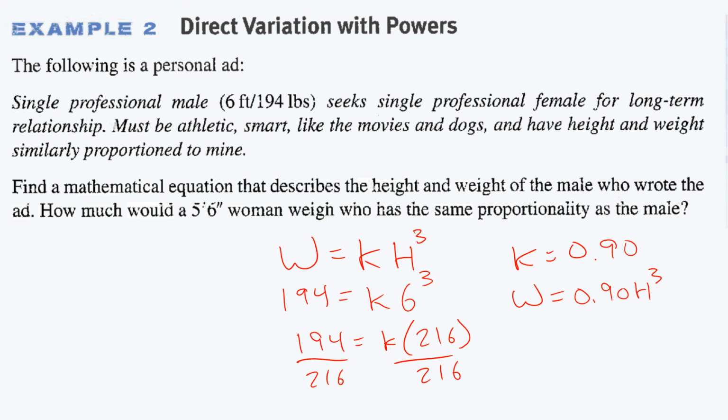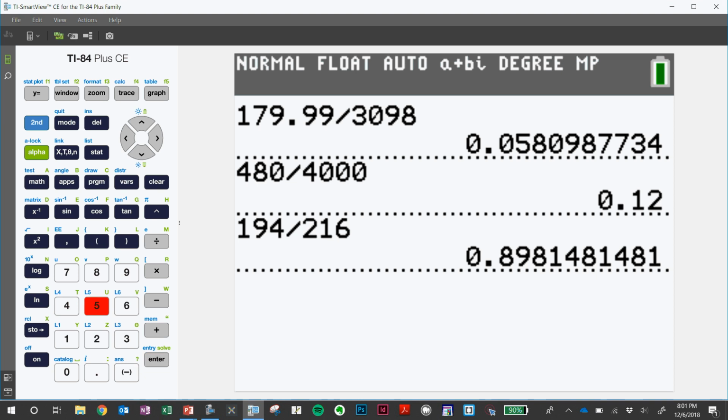All right, so how much would a 5'6" woman weigh to have the same proportionality? Okay, so we have a woman who is 5'6". Need this in feet, so this is going to be 5.5 feet cubed, and we got to figure out her weight. So let's take 5.5 and cube it. 5.5, and we'll go to the third power. Where's our caret? There it is. To the third,